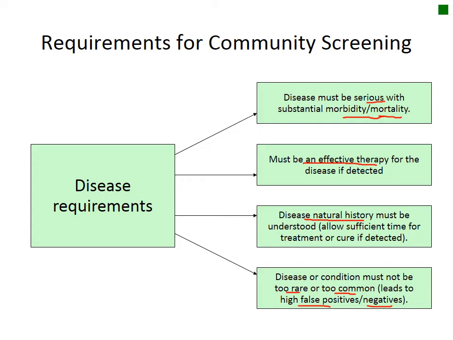Another criterion is understanding the pathophysiology of the disease, or the natural history of the disease. By knowing the pathophysiology and the etiology of the disease, this will allow time for treatment or cure if it is detected. So if we know that the disease process is going to be a very short-acting one, for example,